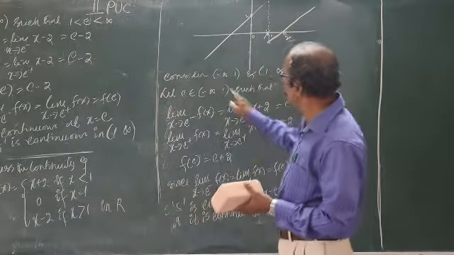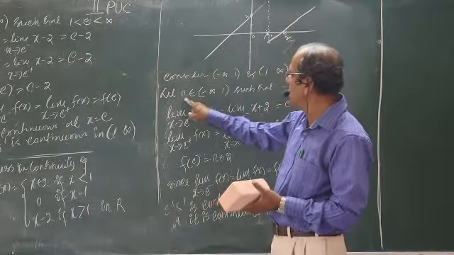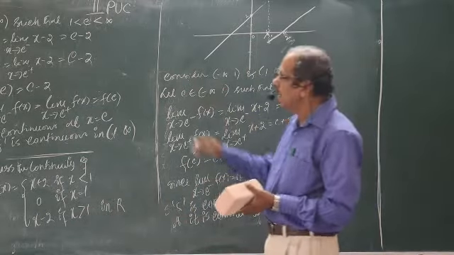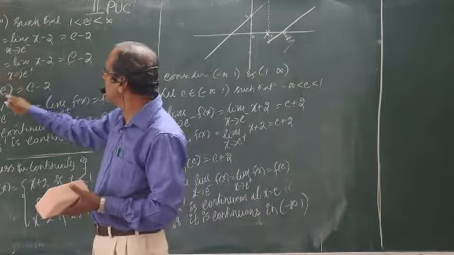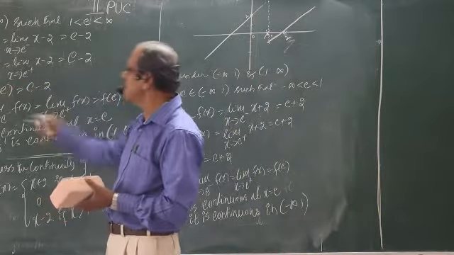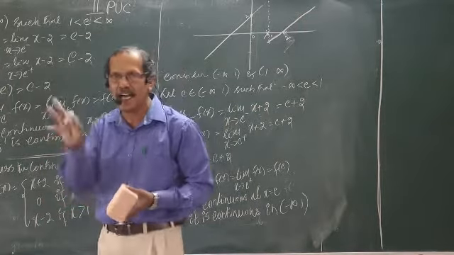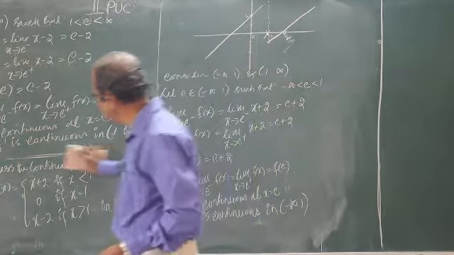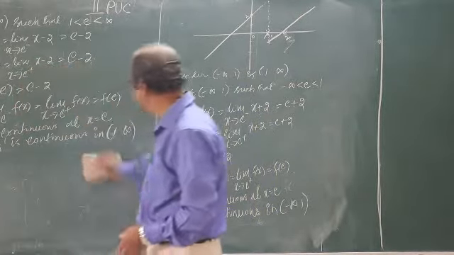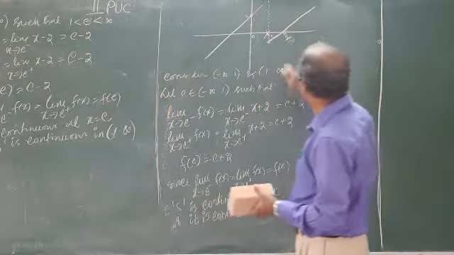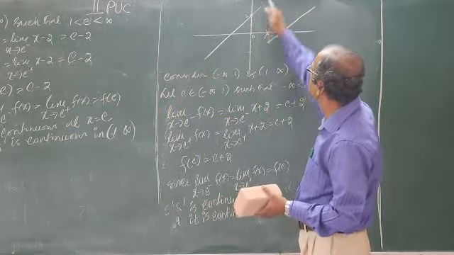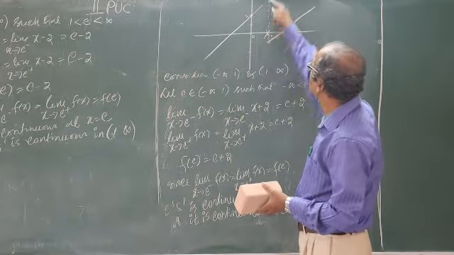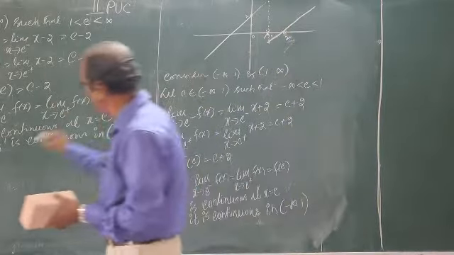Since it is continuous at the point C in minus infinity to 1, it is continuous everywhere in that interval. Here also, if the function is continuous at x equal to C, it is continuous everywhere, because C is an arbitrary point in that interval, any point. Now, the last part is whether it is continuous at x equal to 1. It is important because you can observe the break in the particular place. Even though it is defined at x equal to 1, the break will be there. It is not continuous. Anyway, how to prove that?